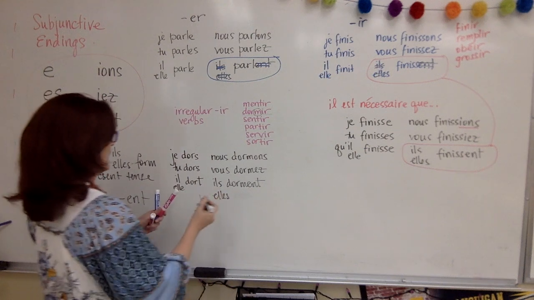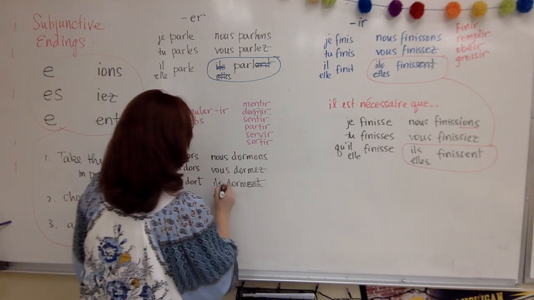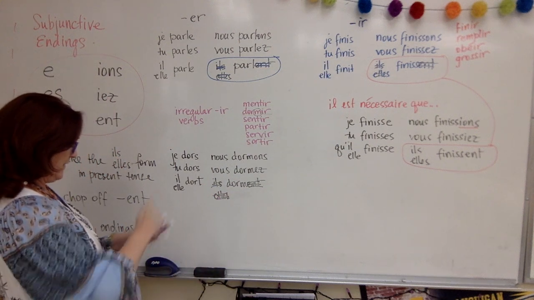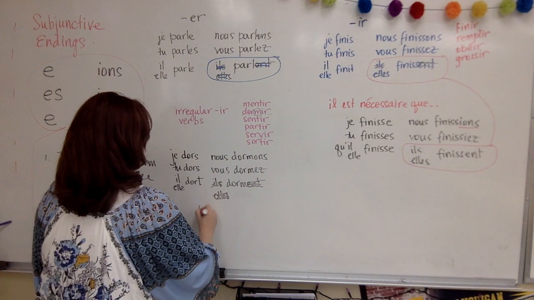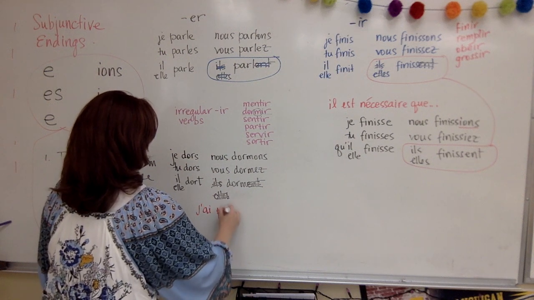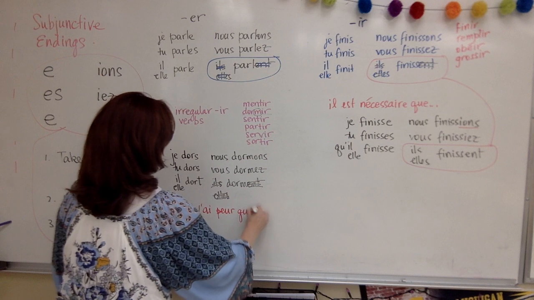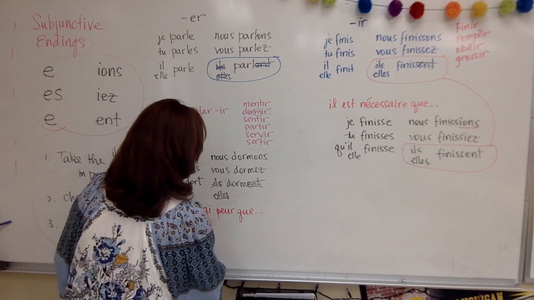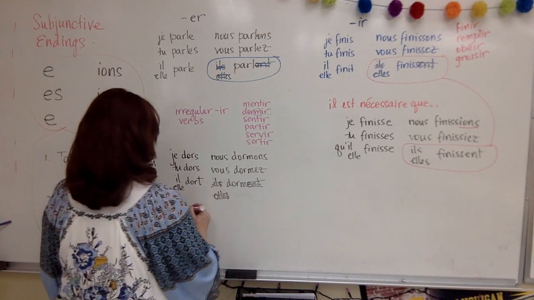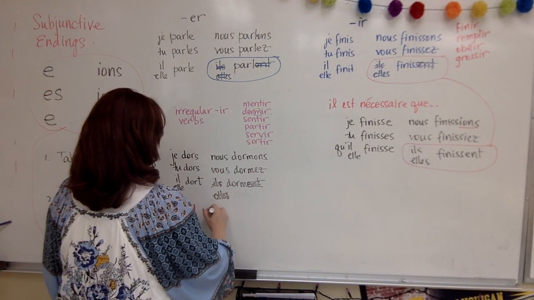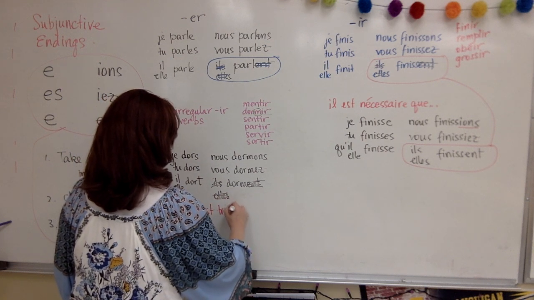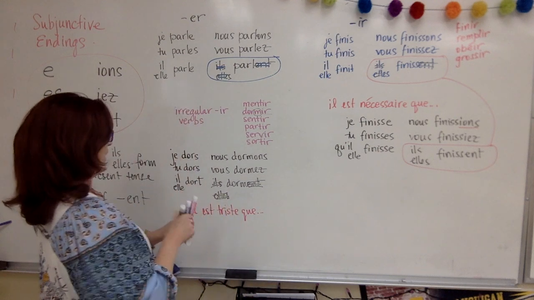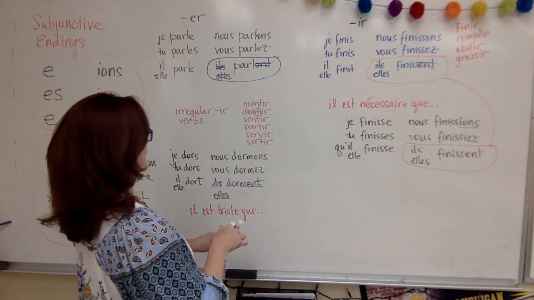Okay, so this is the form we're going to be working with. We get rid of the ENT and that. So that's our root for the subjunctive. So we're going to say, j'ai peur que, that's a nice subjunctive trigger. Okay, j'ai peur que, no, that's not going to work. That's a bad one too. Bad example, Sheila. Il est triste que, right? We're going to have il est triste que